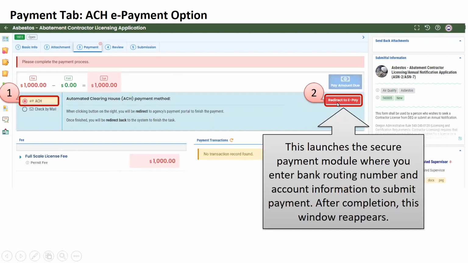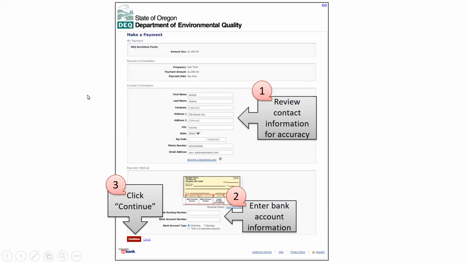You'll come over here, and step number 2 is you'll hit this red redirect to ePay. That will take you into a different system, and when we're done in that system, it'll redirect you back to this page. So let's do that. This is what that secondary system looks like. It will have you look at all of your account information and enter your routing number and account number. Just make sure all of this is correct, because if not, it will send you an error and you'll have to go back and say, oh, I forgot to select my state or something like that. Then once you're done entering all of that information, you'll come down here and click the continue button.